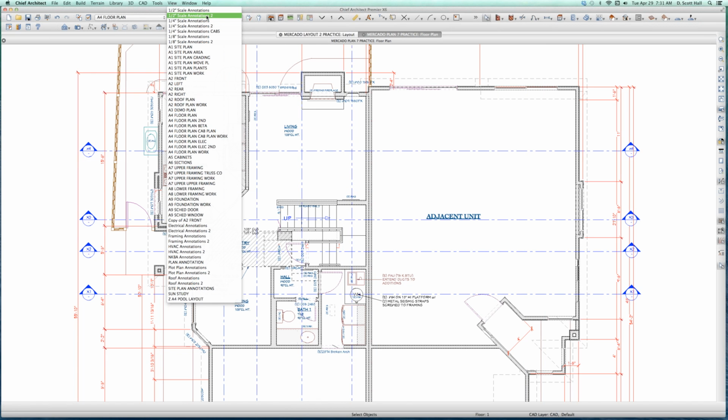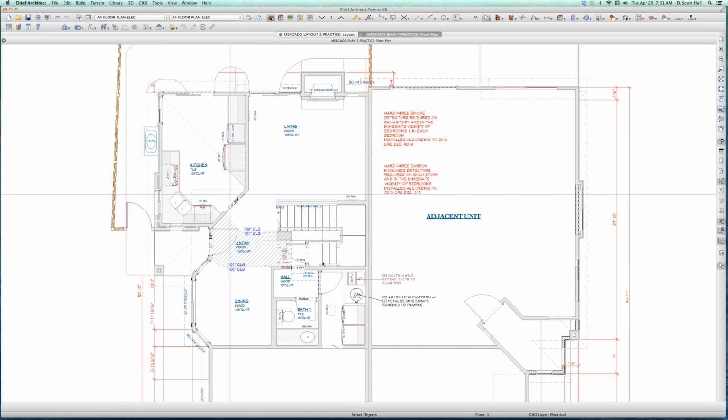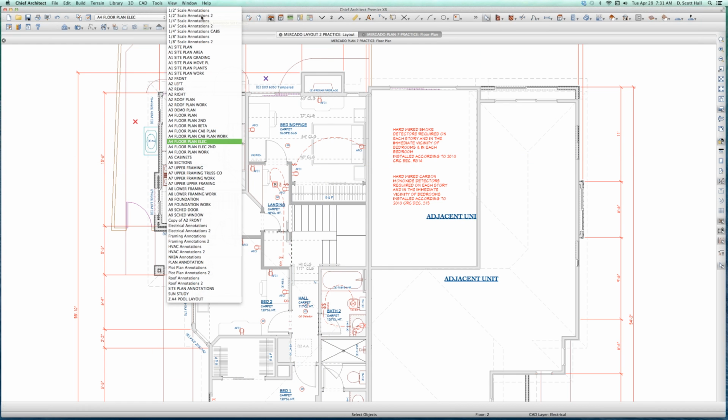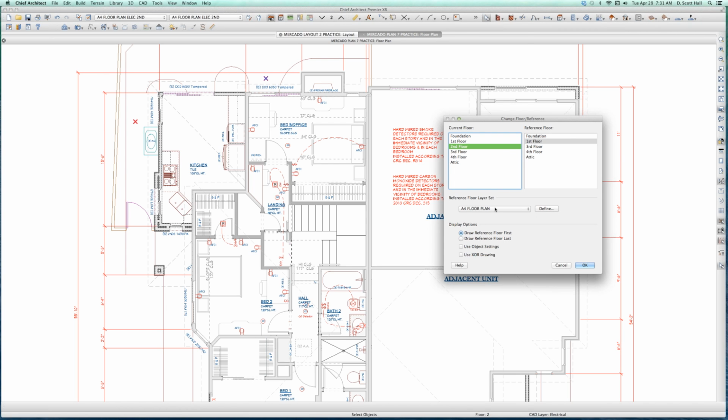If I want to start working on my electrical plan, I go over here to my Yano selector, and I select the electrical plan. And now I've got my electrical. There's some electrical on here. This is the A4 floor plan electric Yano set. I wish it was the Riano set, but it's the Yano set. It doesn't control the ref set. So if it's important to me, I go over here and I select